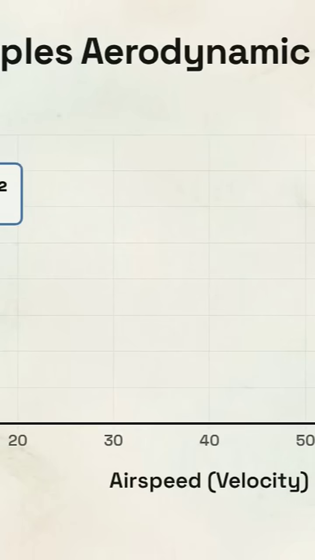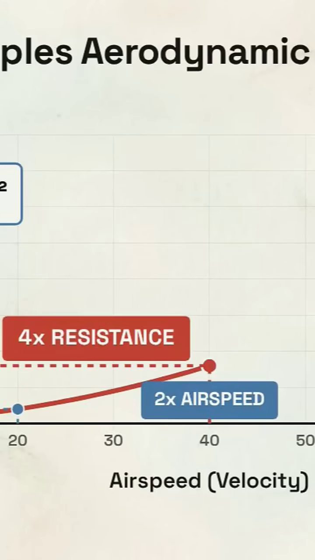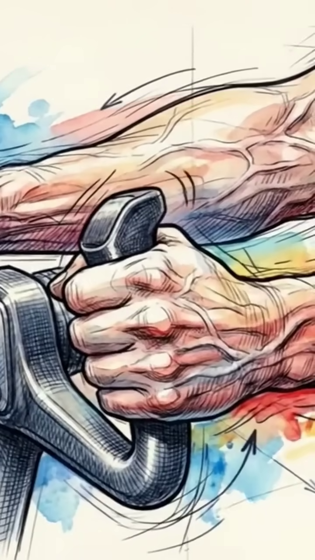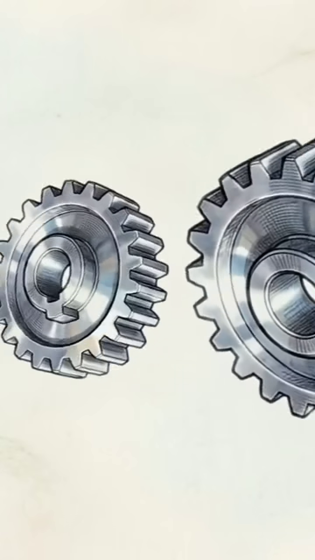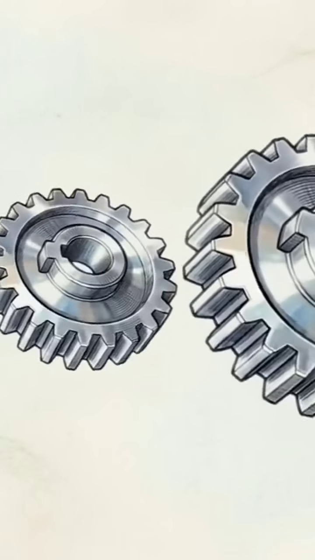This chart shows the formula for dynamic pressure. Doubling an aircraft's airspeed quadruples the aerodynamic resistance on its control surfaces. Since dynamic pressure increases with the square of velocity, the load on the controls can quickly exceed the limits of human muscular strength. Early engineers tried to solve this with complex gearing systems, attempting to provide pilots with a mechanical